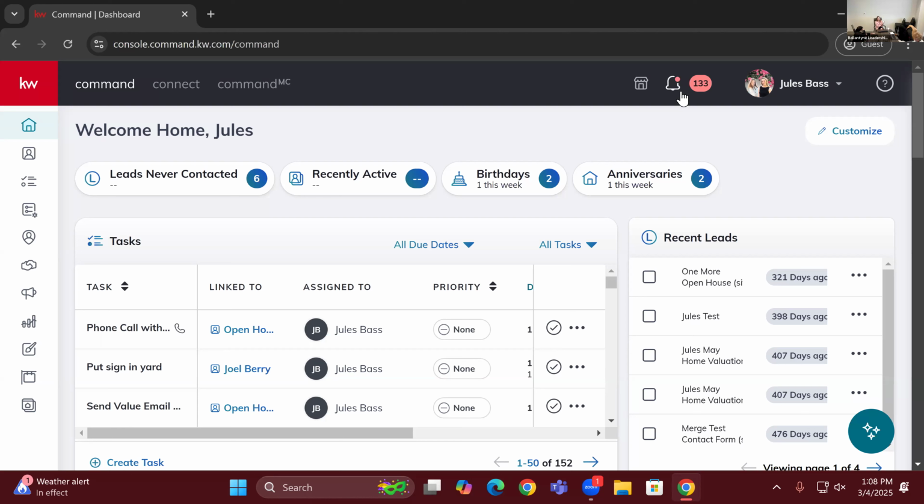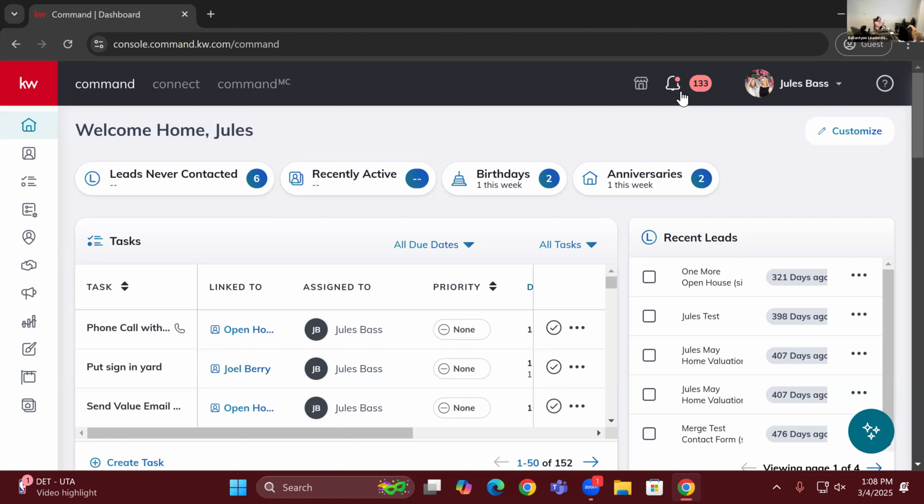Now, if you see a log in or sign up option on this app, that is not for you to log in or sign up. That is for your clients to do so that they can favorite homes and create collections right on your app, and you can see all that. When they sign up on this app, that lead goes right into your Command account automatically. Yes, exactly. But how do you get them to go under your app? Great question. Yes, how to share this app.